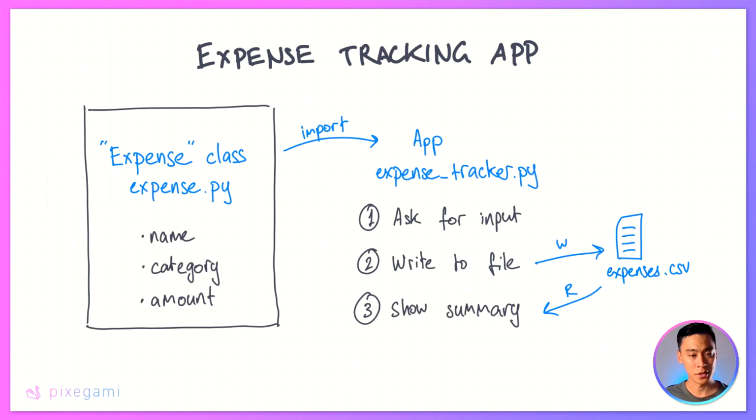I'm going to have two files. You can see here on the left, I've got my expense.py file. That's because an expense has three pieces of information that I care about. It's got the name, which is probably going to be a string. It's got a category, also a string, and it's got an amount. So for example, if I was tracking my food expense, then the name could be something like sushi or burger or lunch or coffee or whatever. And then the category could all be food. And then I could have different categories like food, bills, entertainment, rent, etc. And the amount is obviously the dollar amount of that expense.